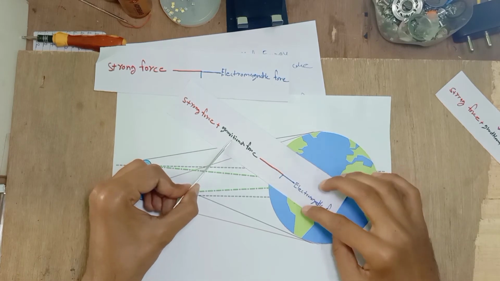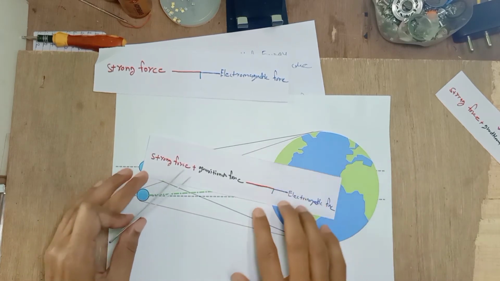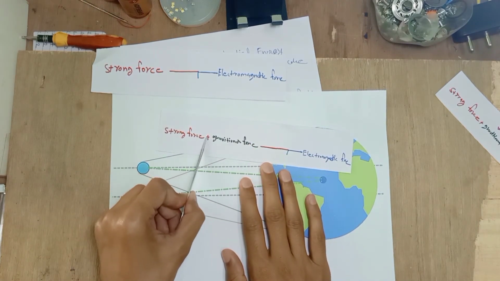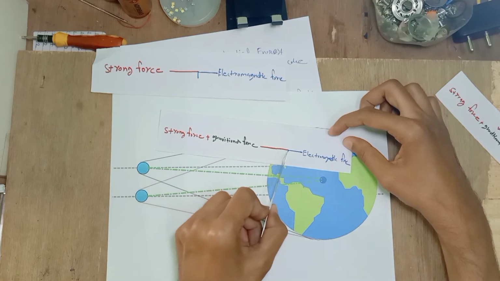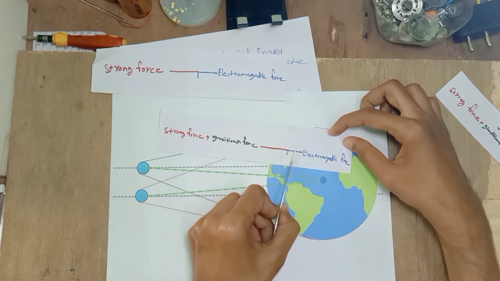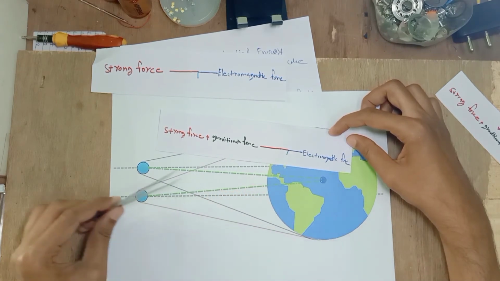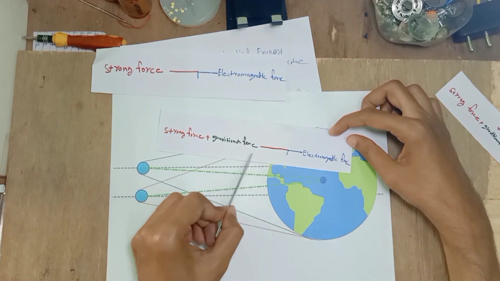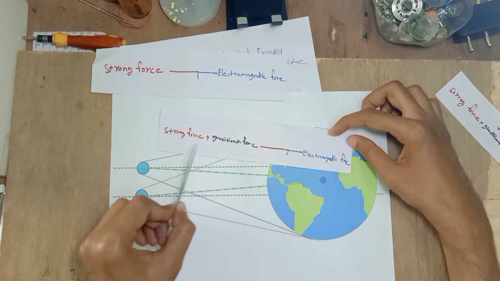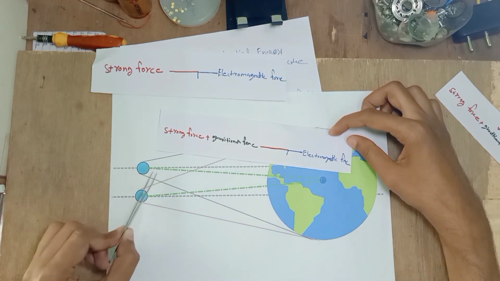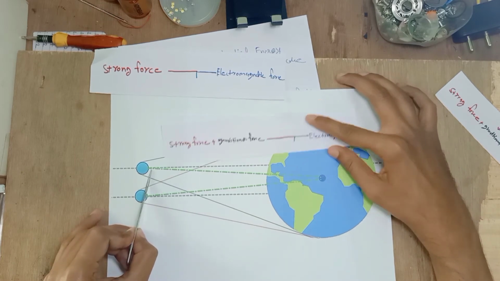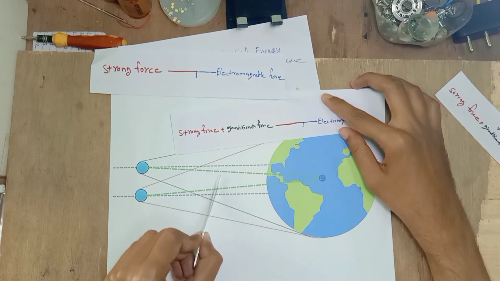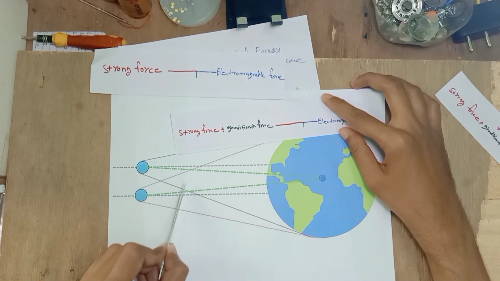Now, the gravitational force also wants to decrease the distance between particles. So these two forces are going to add up, and now this point will be shifted toward the electromagnetic force, because the electromagnetic force wants to increase the distance between particles. So now there is another force that wants to decrease the distance between particles. You can simply see that if these two particles go toward Earth, the distance between the particles is going to decrease, because they have to follow this green path.